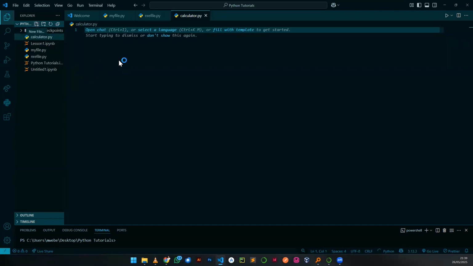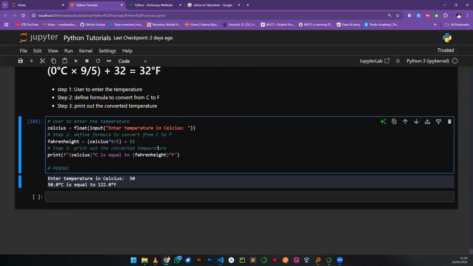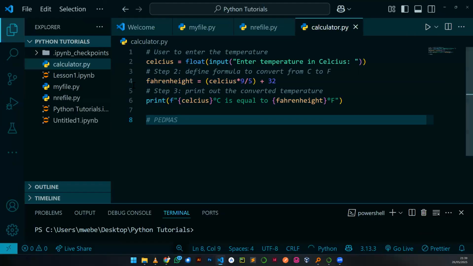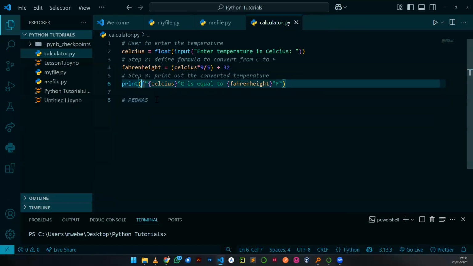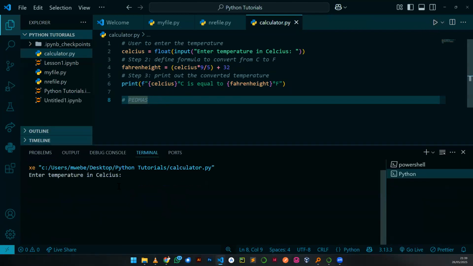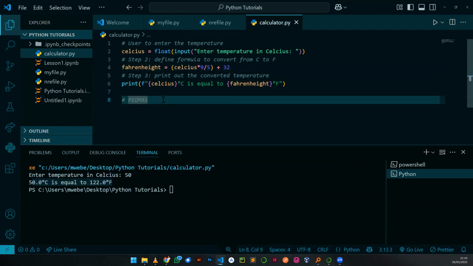If I save that as .py, let me get this code that I have here and paste it in VS Code. Let me zoom out a little bit. So when I run this code, you see your output is down here in the console. So if I press 50, it runs here in the what? In the console. That is for those who are using